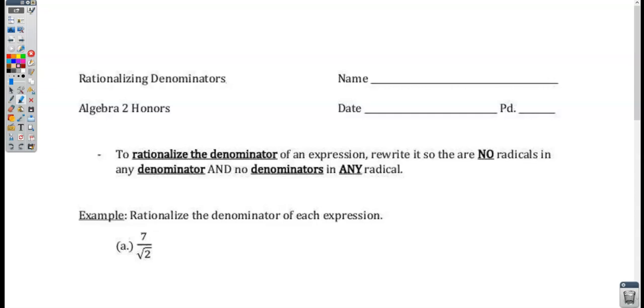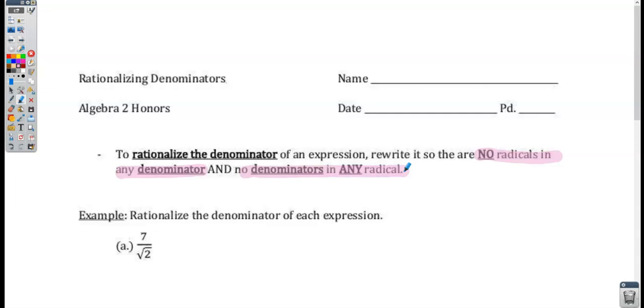And so what that means is we need to get all of the irrational numbers out of our denominator. Specifically, square roots are mostly what our focus is here when we're talking about rationalizing the denominator. So we're going to rewrite these in such a way that there are no radicals in any denominator. Or if I have a radical of a fraction, we don't want any denominators that exist in any radical. Okay? And as we go through some examples, we'll look at some different techniques that we can use to get